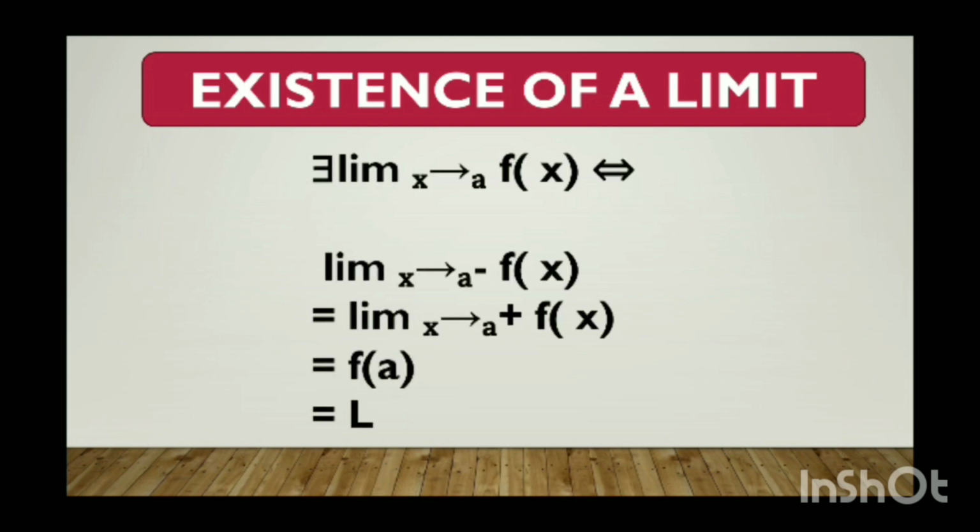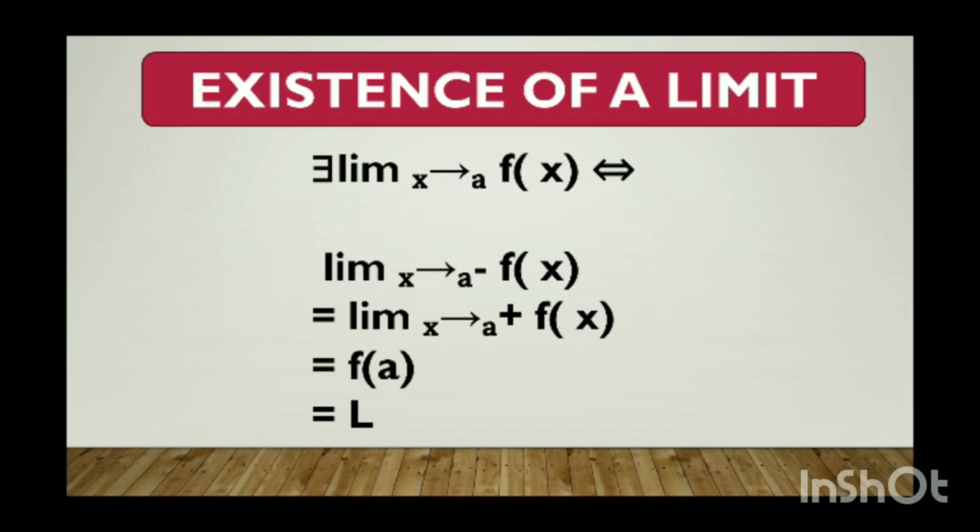Now there exists a limit as x tends to a of f of x if and only if the limit as x tends to a from below of f of x is equal to the limit as x tends to a from above of f of x, which is equal to f of a, and f of a being equal to L. So for us to say that the limit of a function exists at a point a, the limit of that function must exist before the point a and after the point a